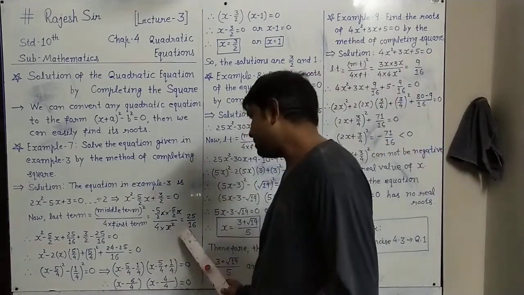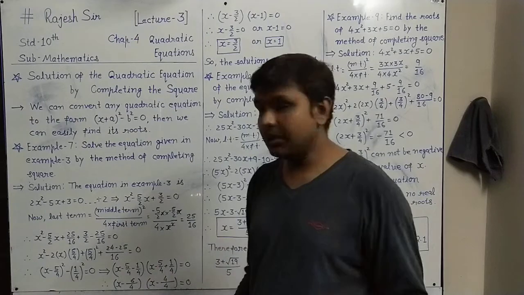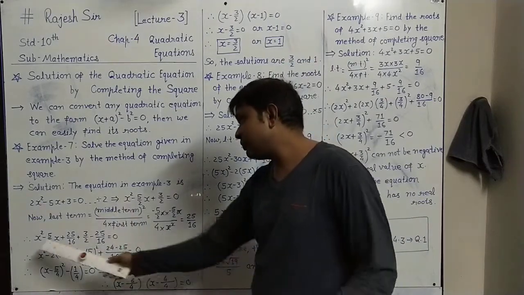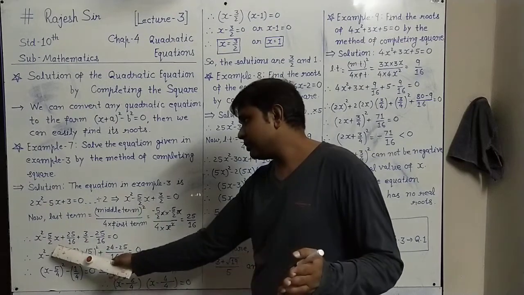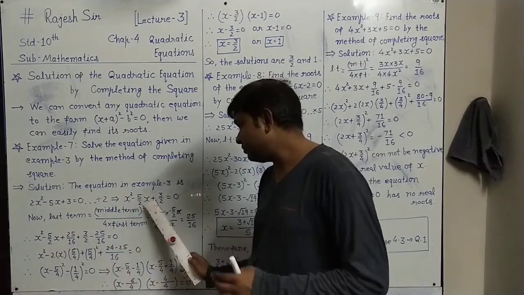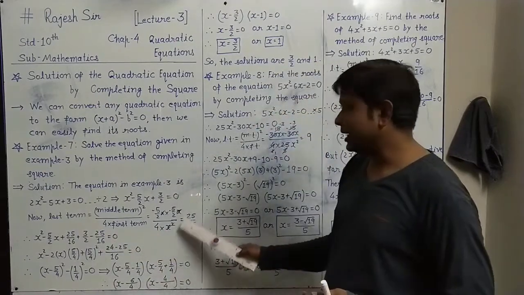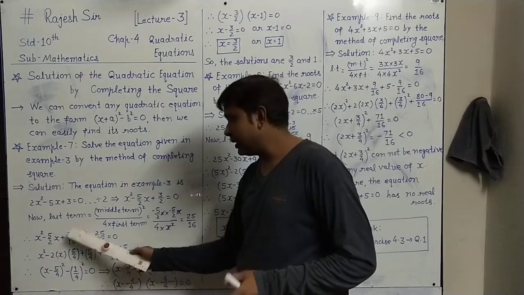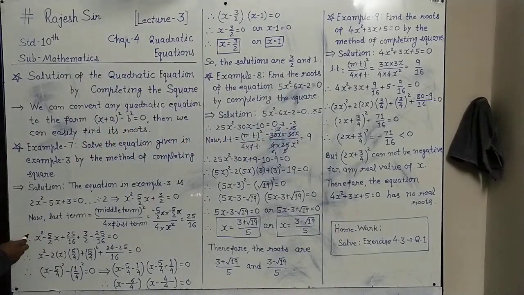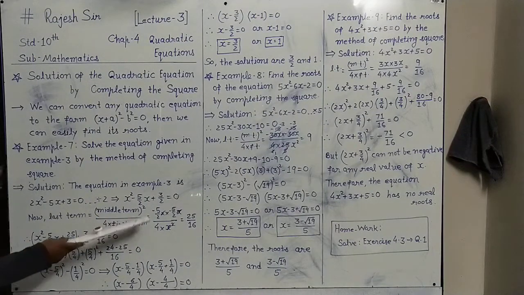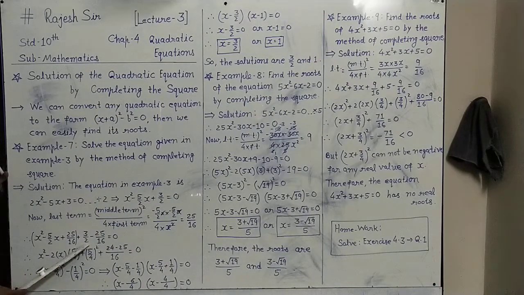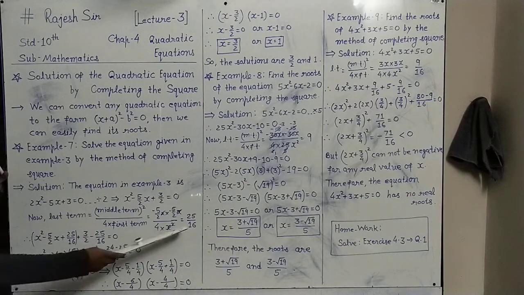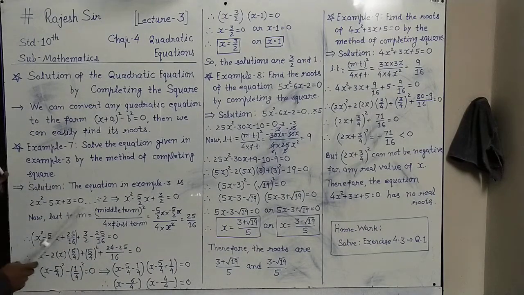So we will write this last term as the third term of this given equation. So x square is the first term as it is, minus 5 by 2 x is the second term as it is. In place of the third term, the last term that we have found, we will place there with plus. So 25 upon 16 is the last term we have placed, so that these first three terms will be a perfect trinomial. Now the remaining we have to write. Remaining in the question is 3 by 2. And as we have added this extra 25 upon 16, which is not given, we have to subtract it also.